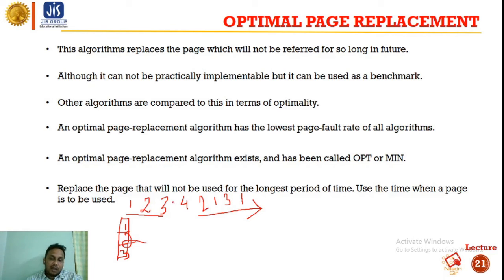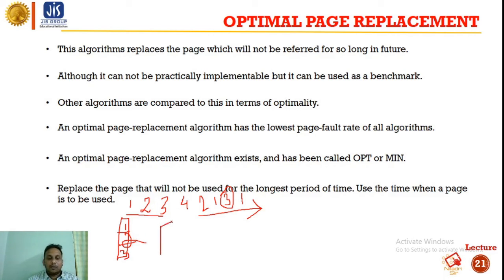After 4 it is 2, then 1, then 3. So among 1, 2 and 3, page 3 will be used latest, after 2 and 1. So 4 will be replaced with 3.